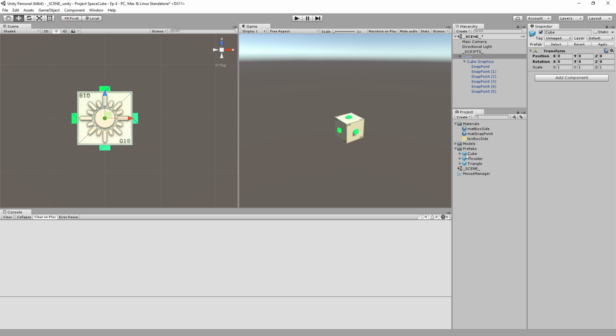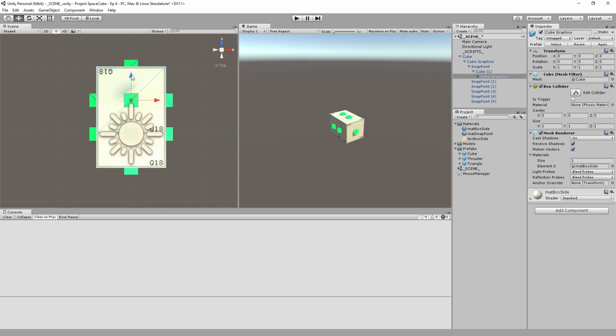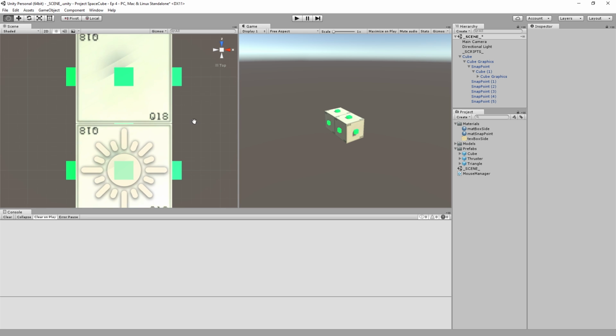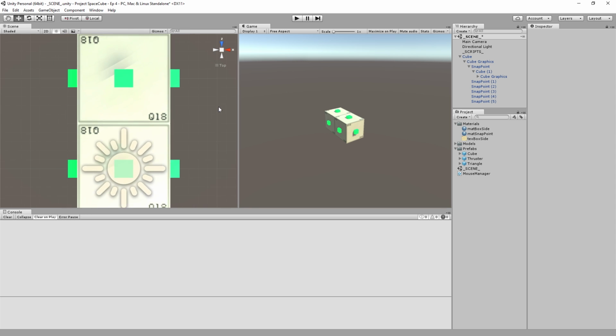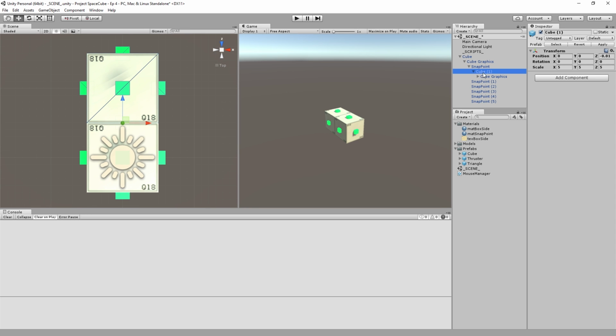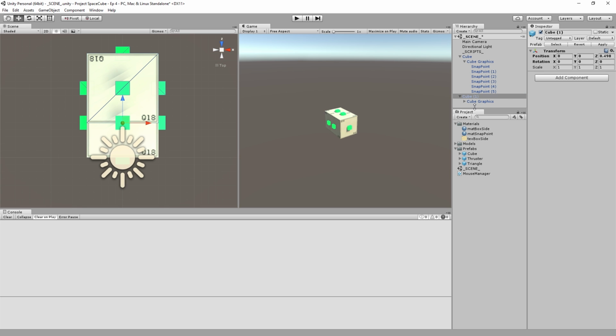So I'm going to do the same thing I did to fix the thruster and the triangle. I'm going to grab a new cube, drop it into the scene, then drop that into the snap point. I'm going to center this cube onto that snap point. Then I'm going to take the cube graphics and offset the graphics until the cube would spawn at the correct place, which to me should be a little bit closer like that. There we go. So then if I take this cube out of that hierarchy, apply the changes to the prefab,